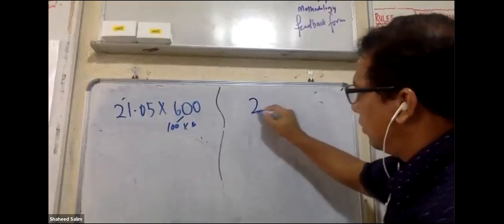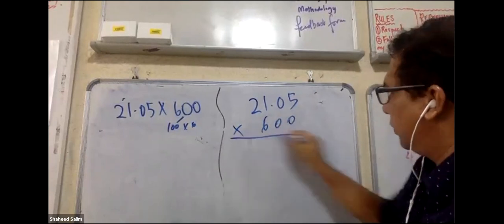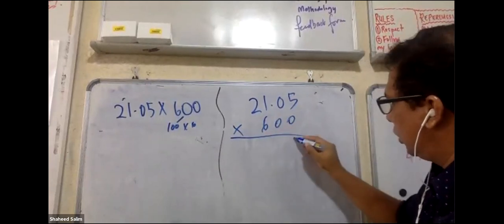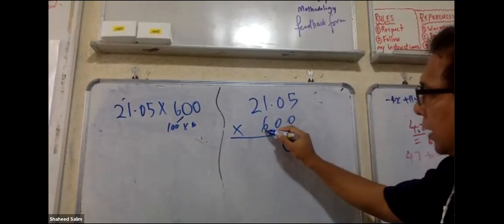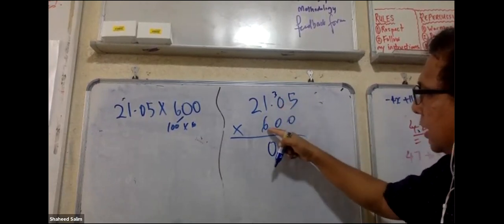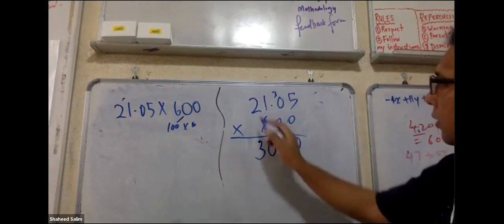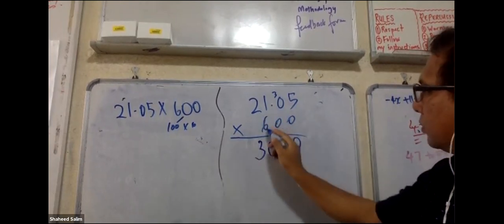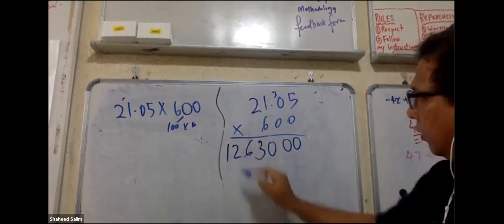So now let us see. We do it step by step. We do long multiplication first. Very simple. Put the 2 zeros first. 5 times 3, 30. Carry the 3. Write the 0 here. 0 times 6, 0 plus the 3, 3. Right? Then 1 times 6 is 6. 2 times 6 is 12. How many? 1263000. There are so many zeros, right?